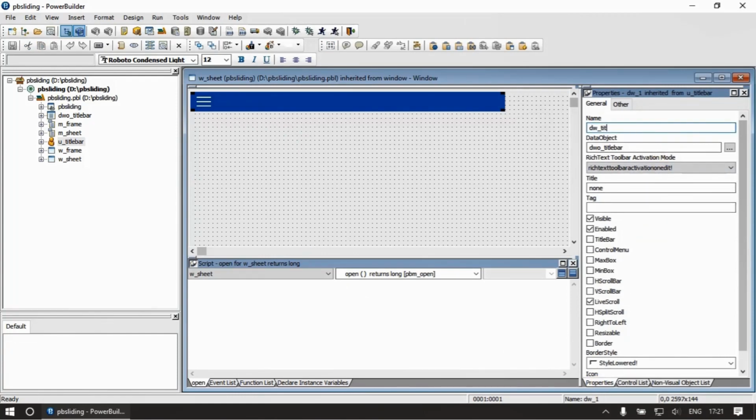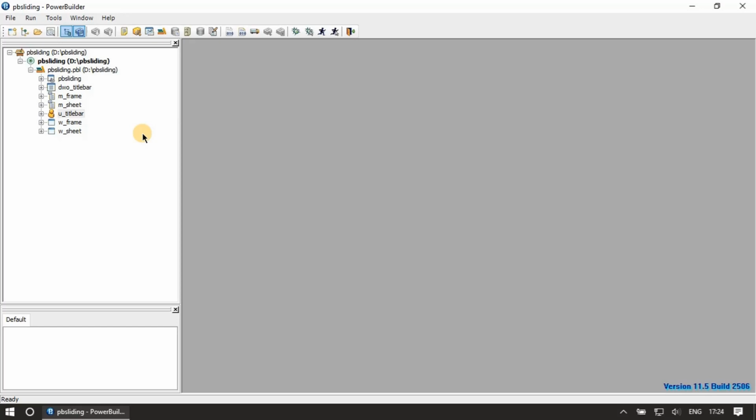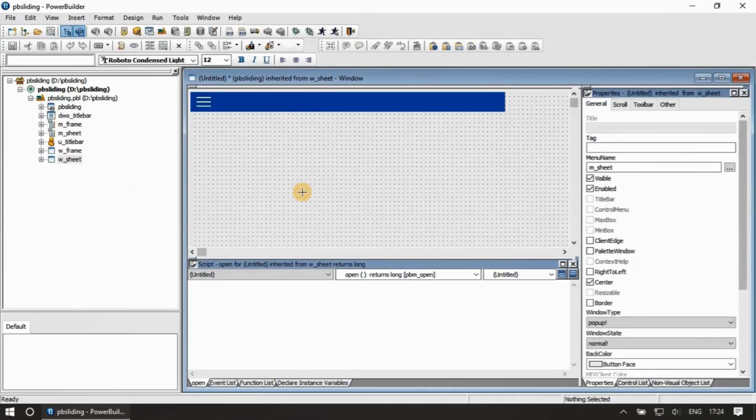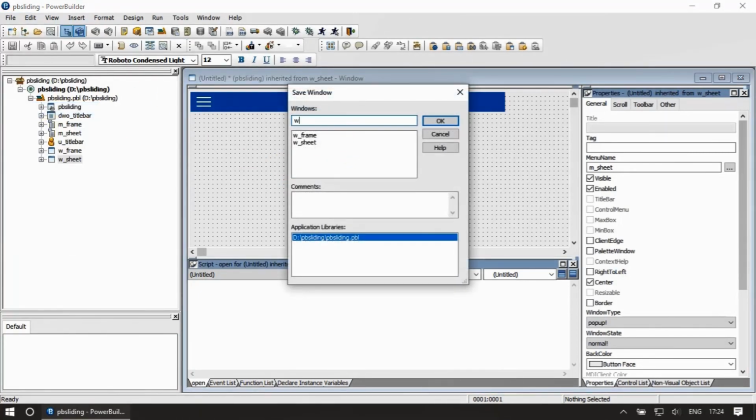Change the name to DW title bar. The next thing is we will create W home and W feature. Let's start with inherit the W sheets. Right click on it and we put, save it first